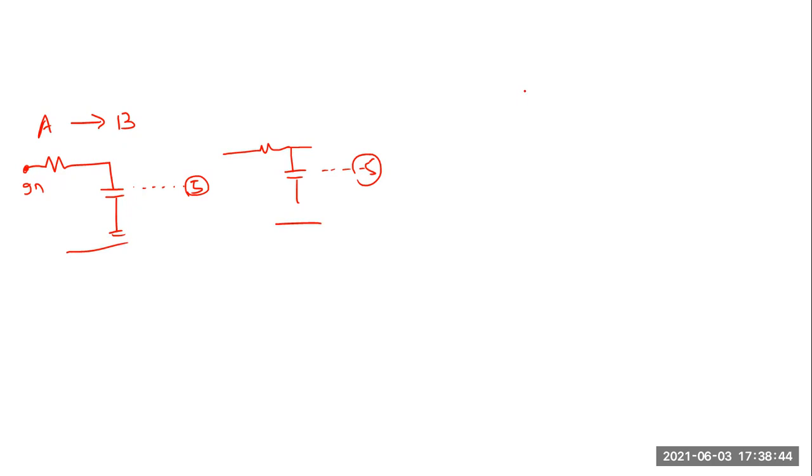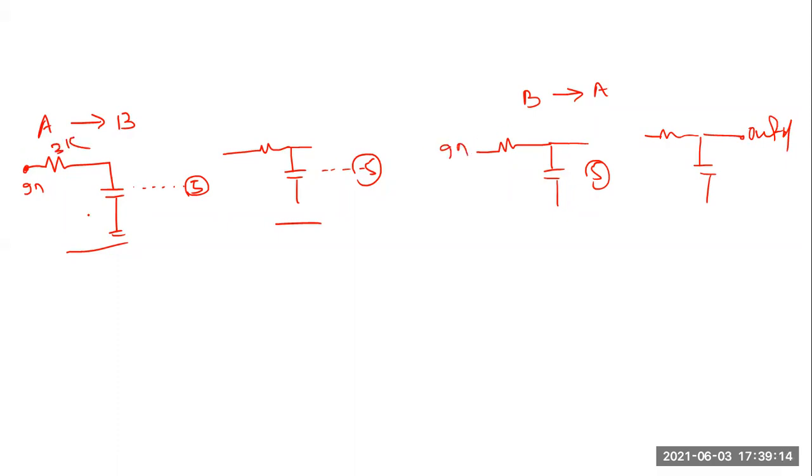Now you will do for B to A. So same thing you can do, but only you reverse it. You can change the resistance also. So if you are doing in this way, again 5, again 5. This is your out, this is in. But this resistance, initially it was 3K, this is 13.9. So now you can change to 1K and 24.5 femto. So this way you can do.